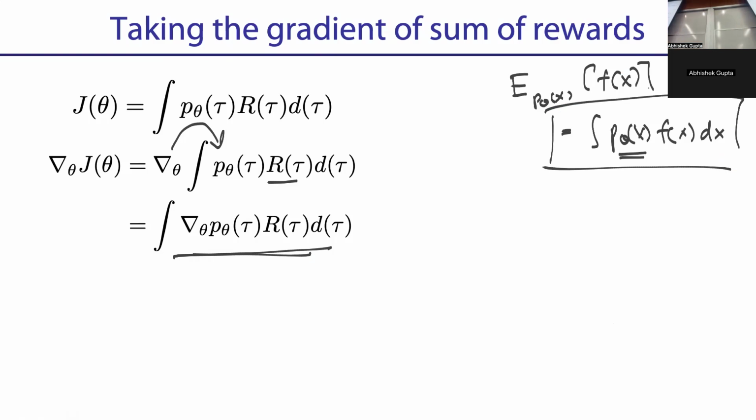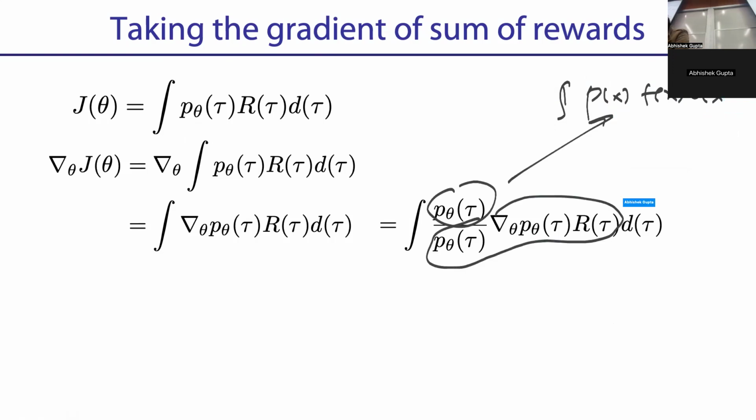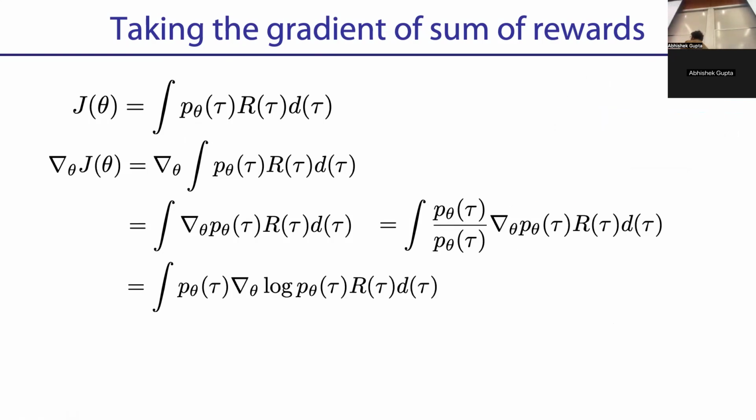Yeah, you multiply and divide. Right. So you multiply and divide by p theta tau, and then you regroup terms. If you ever had the integral of px fx dx, you can regroup this whole thing to be this, and then you get back to an expectation. If you have an expectation, it means you can compute it with samples. So the important thing we did was we grouped